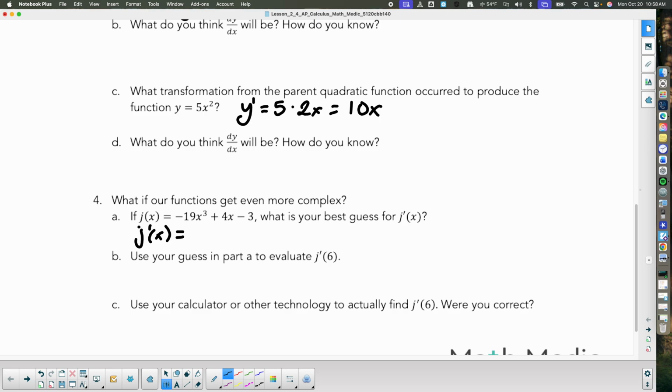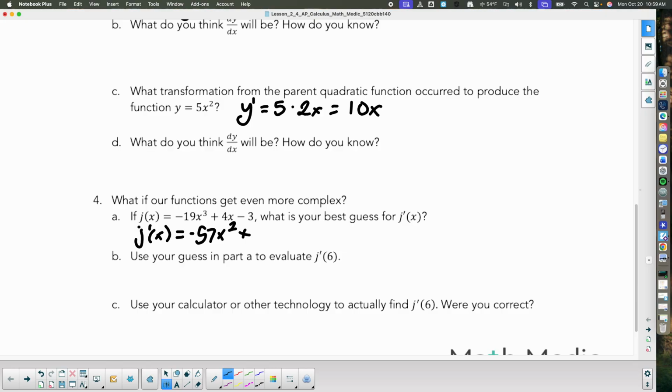For most people, they're just going to do them one at a time. So how about the derivative of negative 19x cubed? You do negative 19 times 3x to the second. Perfect. So negative 57x squared plus, to do the next derivative,